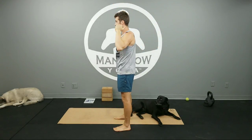All those muscles just tend to get really tight when you're sitting at a desk during the day, and as a result, it really hinders your performance when it comes to anything upper body. So it's tough to do things overhead, like a basic shoulder press overhead, that gets difficult because you don't have that mobility. If it comes to pull-ups, that's also difficult. Even push-ups tend to get bad